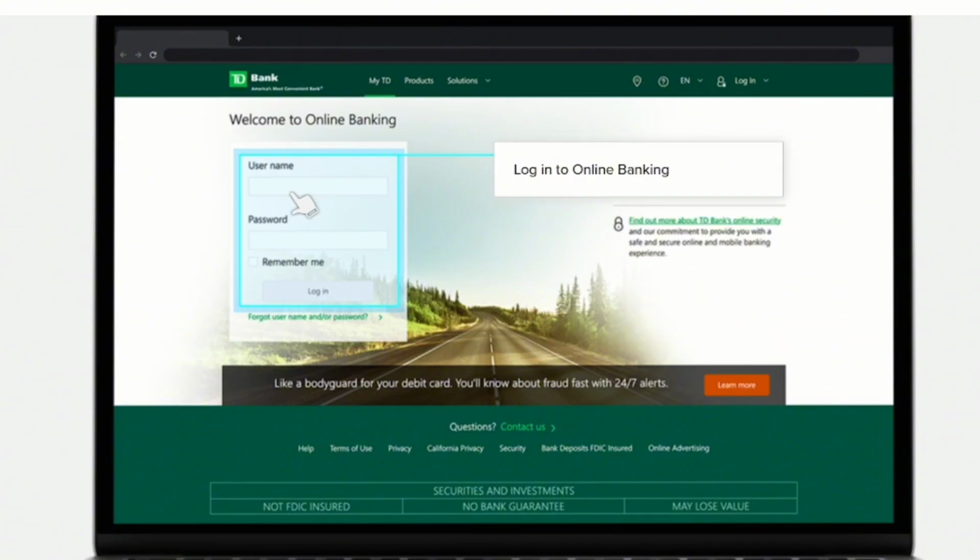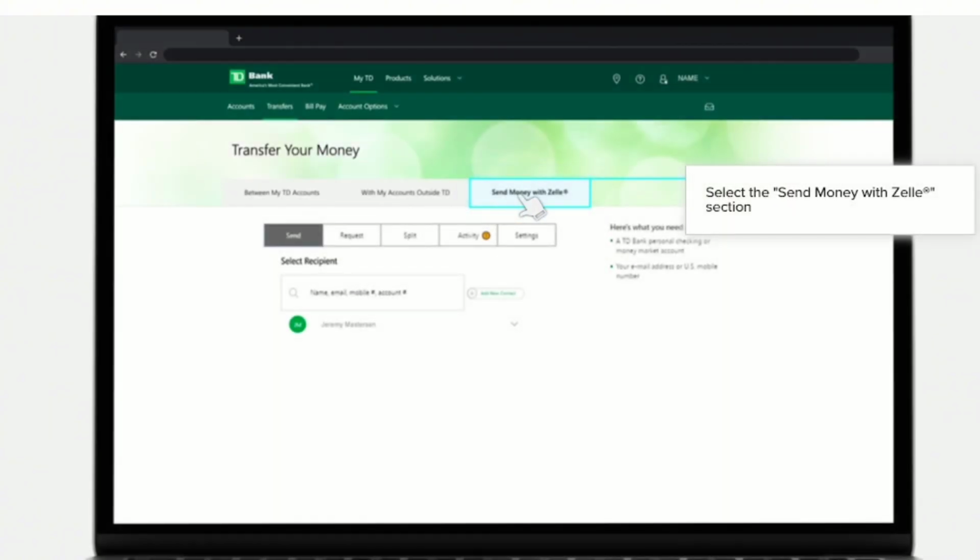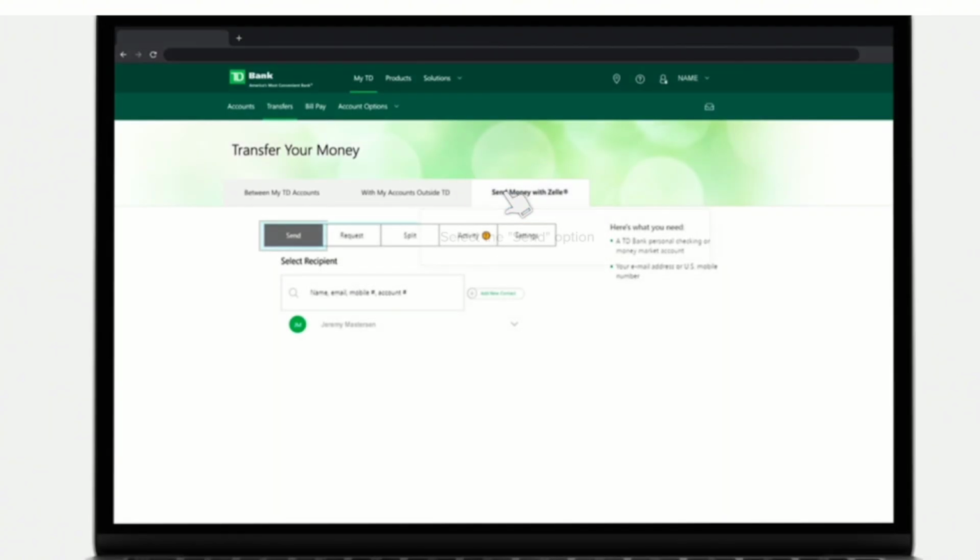Once done, you have to head to the transfer section of your online banking. And here we have to tap on send money with Zelle. Here you have to click the send option and then we have to create a new contact if this is